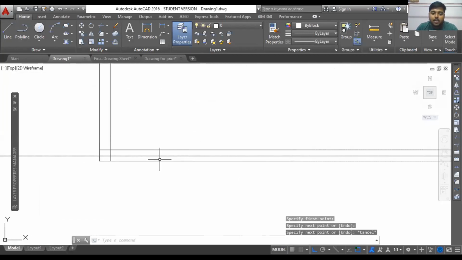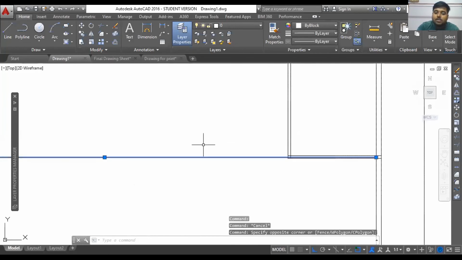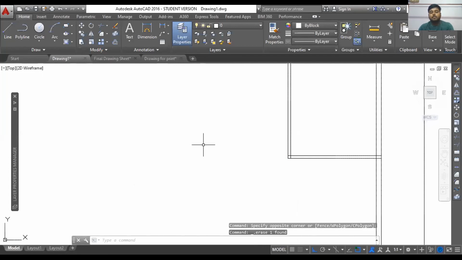Then I'll offset it in both directions. If the wall thickness is 125, I'll offset it how much, 62.5 mm in both directions to get that wall. So that is another way, and that is actually faster, because all you have to do is first draw the center line, then offset and trim. That's all. But at the same time, making that particular center line diagram will take you more time.